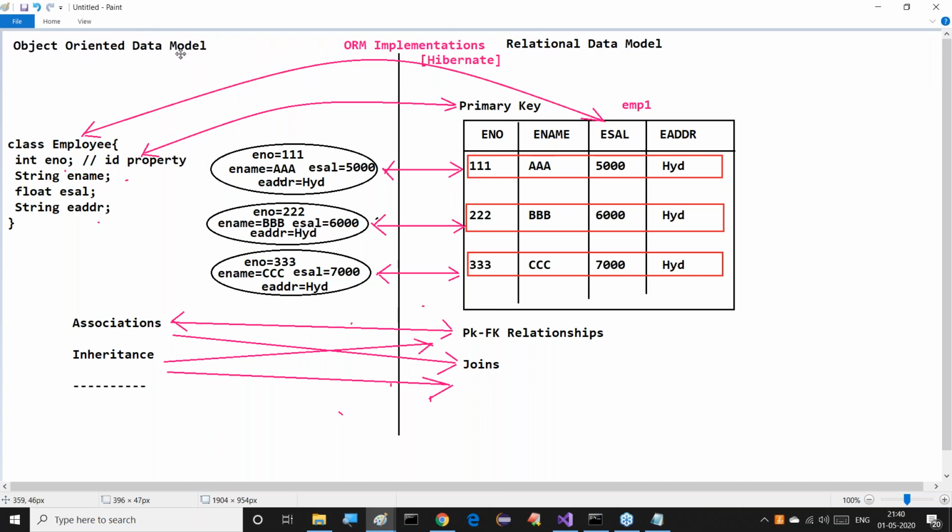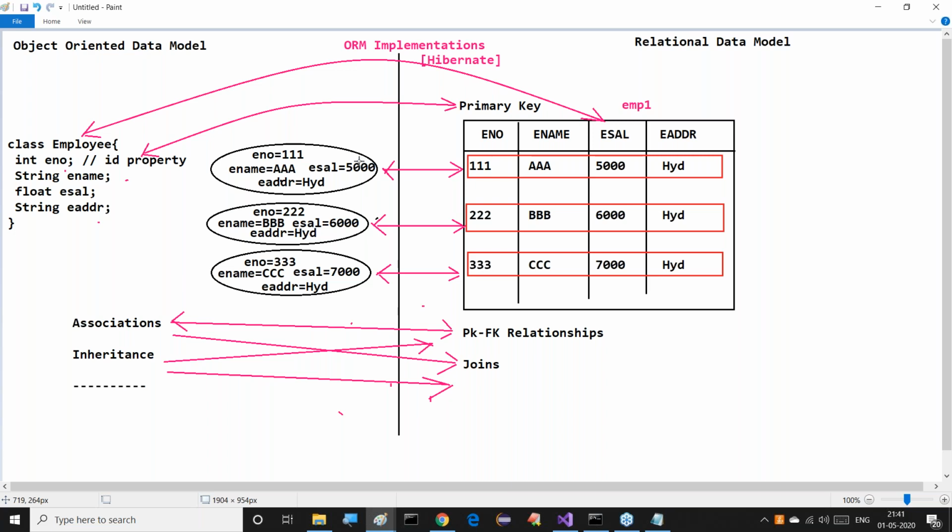If you are not understanding this point, it's not at all possible to understand the remaining part of Hibernate. So only one very simple point: here mapping is required. If you provide mapping, then data persistency is very simple. Who is providing that mapping? ORM implementations are providing that mapping. How? By using Hibernate. What is Hibernate doing now?